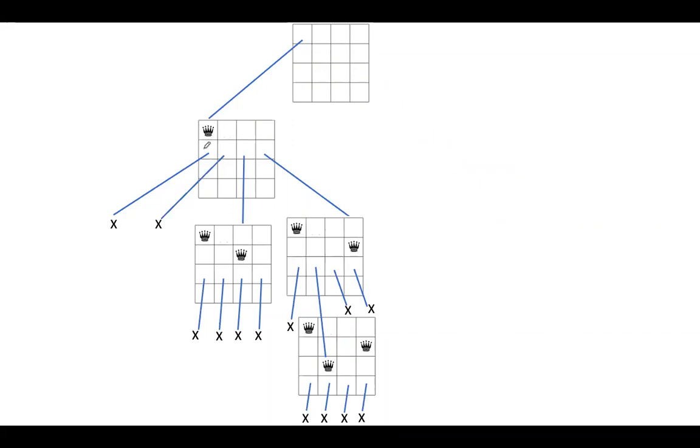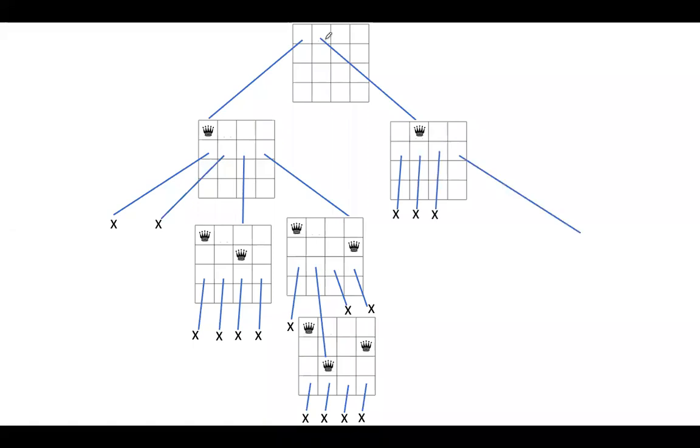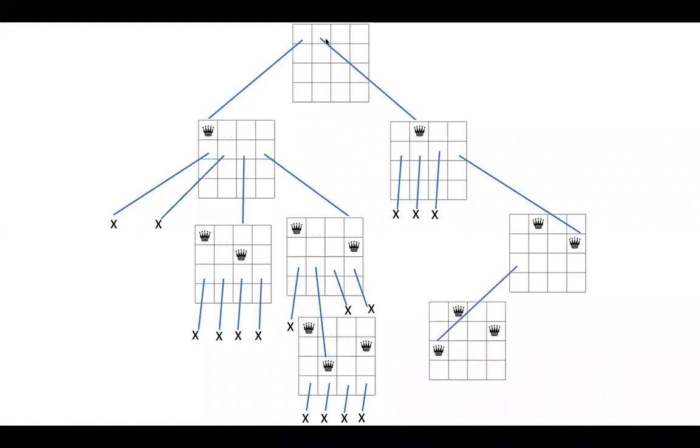We'll try to place the first queen in the second block. And the second queen, we'll check and place it here. And the third queen in the third row, first box itself we can place. There is no conflict here. And the fourth queen can be placed in the fourth box. So this is one solution for this 4-queen problem.